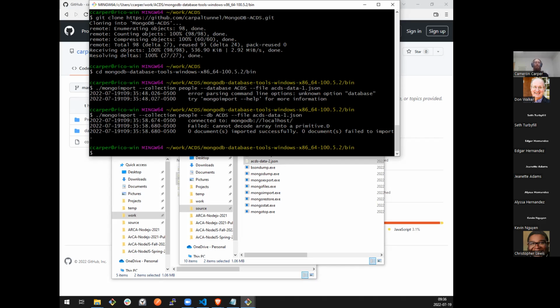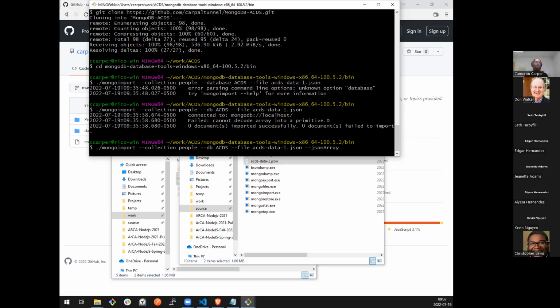So if you're dealing with data that is formatted that way, and we are, you have to add one more parameter to your import, which is --jsonArray. Take note that the A is capitalized and it's case sensitive. This tells mongoimport, this is the file we're looking for, and heads up, it is a JSON array, so deal with that appropriately. So with that extra parameter, now we should have data actually imported into the database.